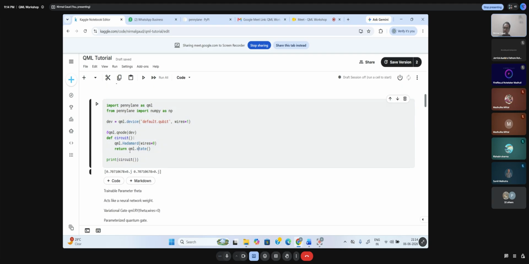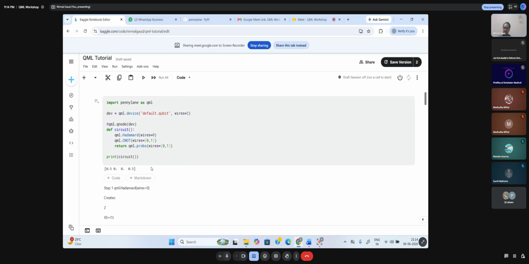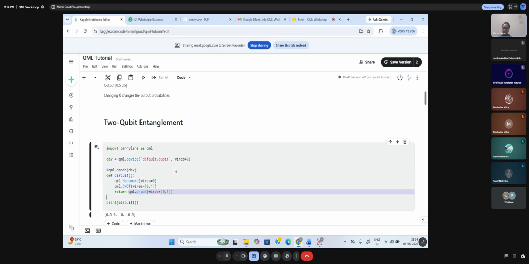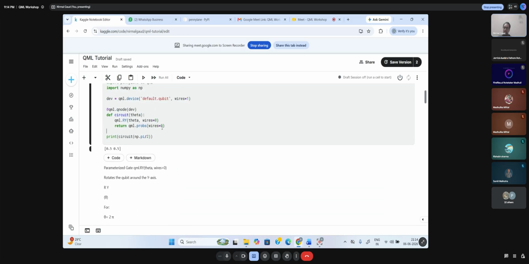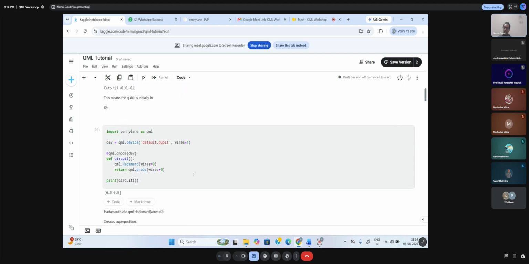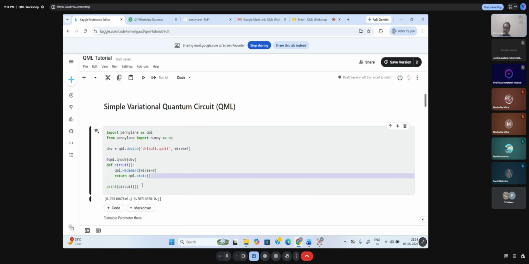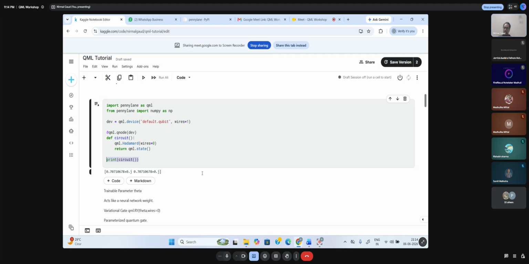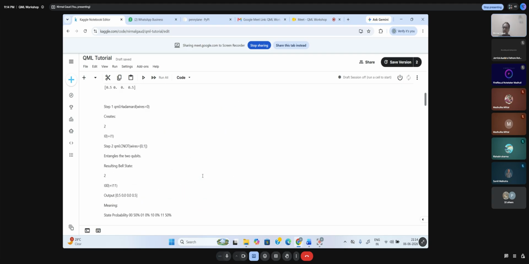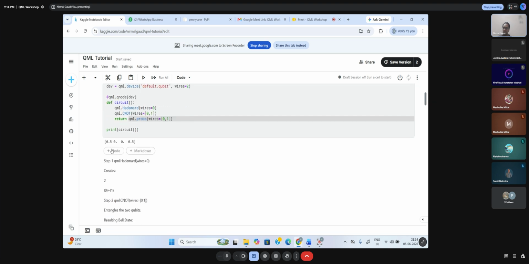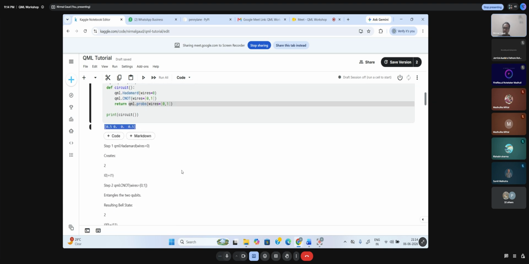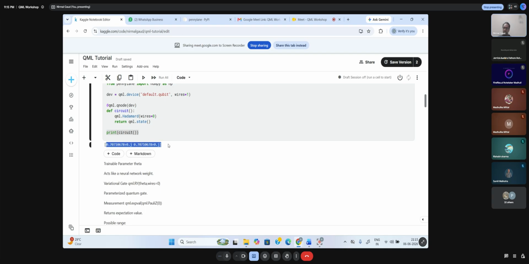Here also, q state. Either return the probability or return the state. So probability return. Here also probability return. But in this code I am returning the state and printing it. So either you can return the probability or the state. It will let you know what it comprises of. So here are the probabilities, 50-50%. And here are the states. Any of them you can return. Okay, got it. You can try these codes.